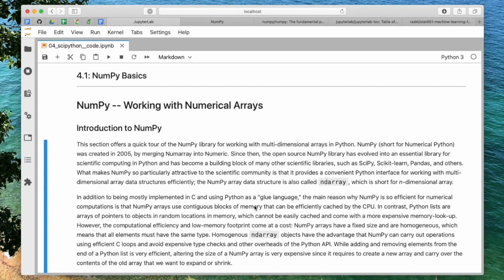Anyway, it's an advantage for computational purposes to have everything of the same type. It may be an inconvenience when we work with certain data sets. However, note that this is in practice not a big problem, because we can also use pandas when we process the data, and then we can later convert it to a NumPy array for very fast computing.